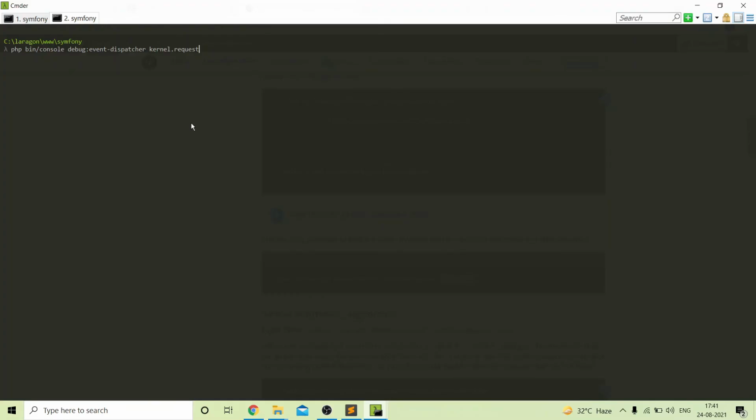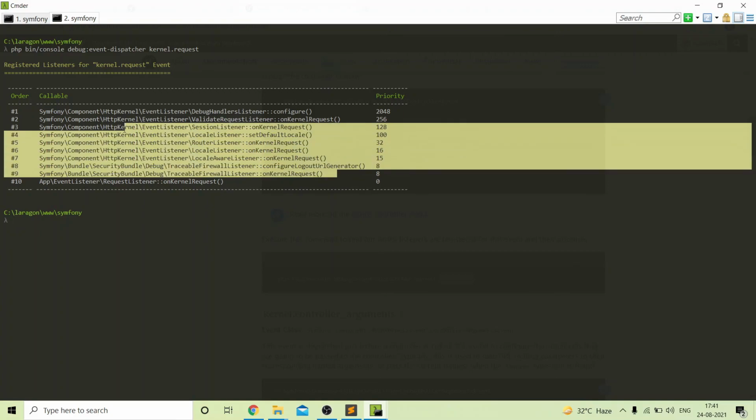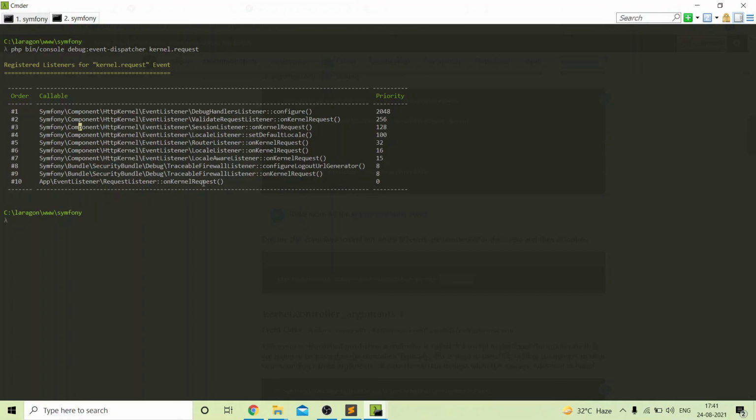So let's check our registered request listeners. Here you can see that you will get a list of registered request listeners. These all are coming from the vendor folder, but this one is what we have just added inside our Symfony app.